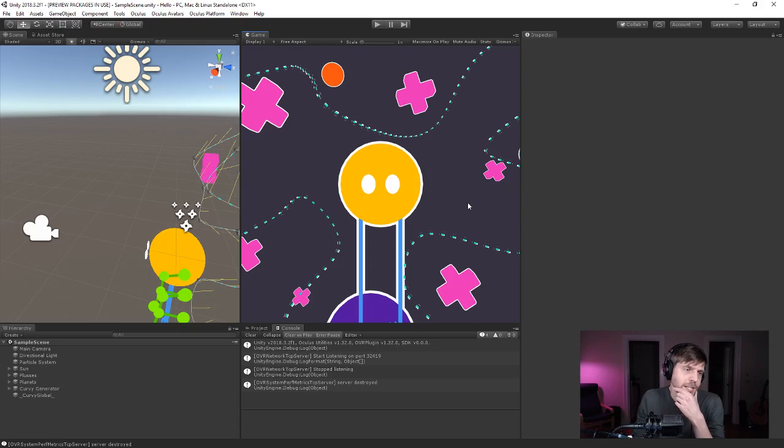Okay, this looks pretty good. The weirdest thing is what's going on with the outlines. I mean, the dashed outline. And I know why that is. It's because it is